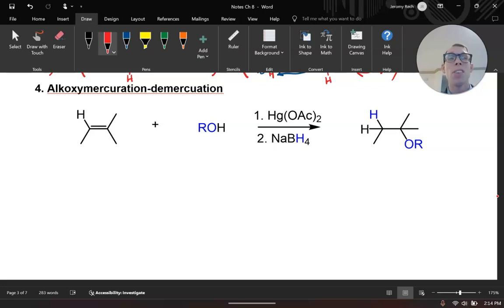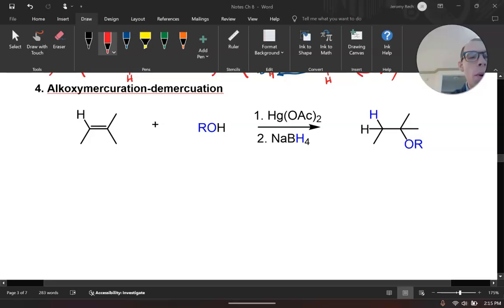This mechanism is also complex. However, it's actually going to look super similar to what we see in our halogenation, like with bromine, and we form that bromonium. We're going to form a kind of similar structure with a mercury rather than with the bromine. So if we wanted to try to draw what this mechanism would look like,